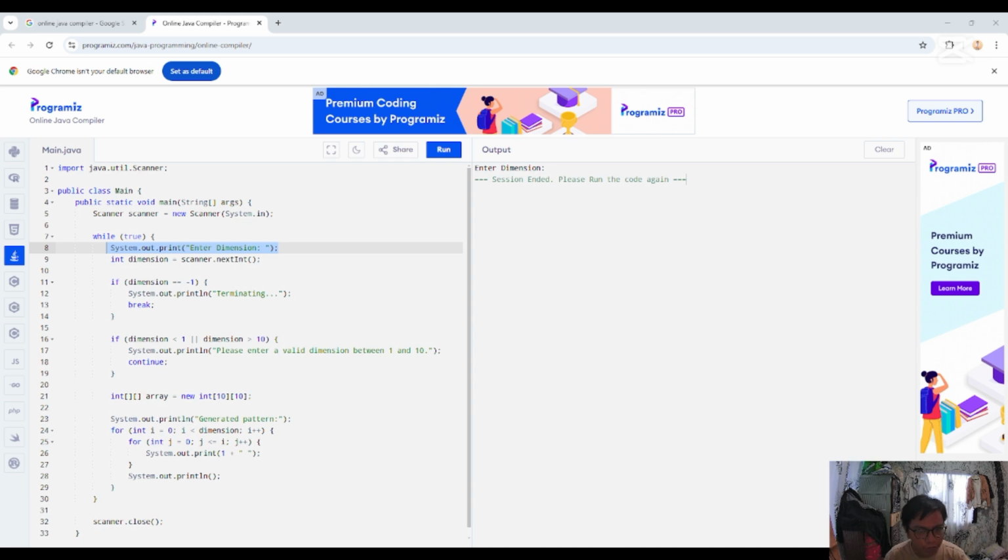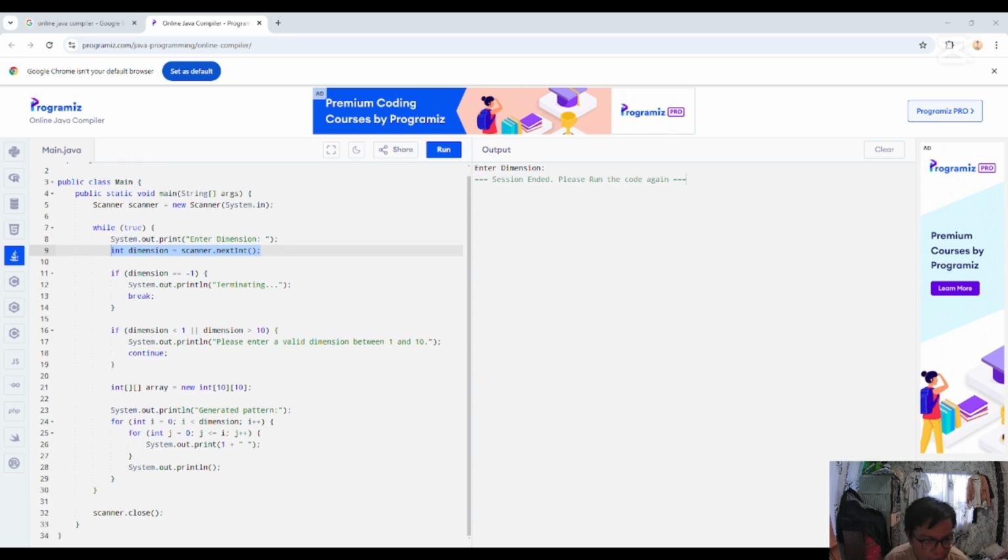So this will be the time that you will be asked to enter a dimension. And then int dimension equals scanner.nextInt(). The user's input is read as an integer and stored in the variable dimension. So the number you entered will be stored in the variable dimension.